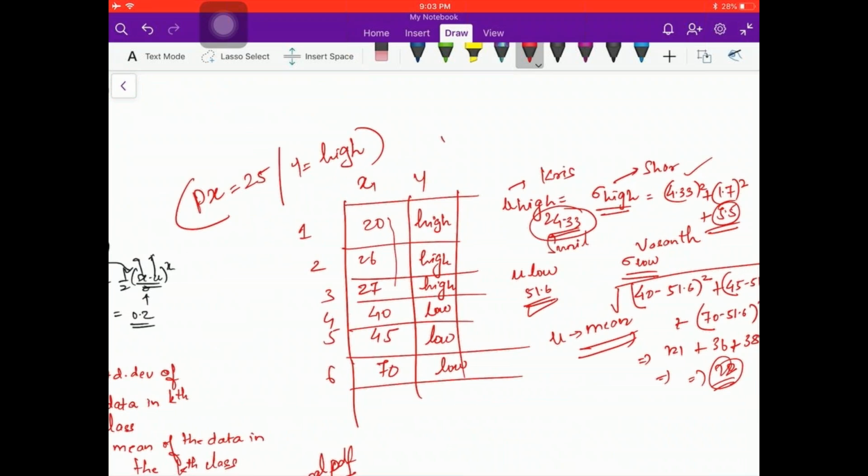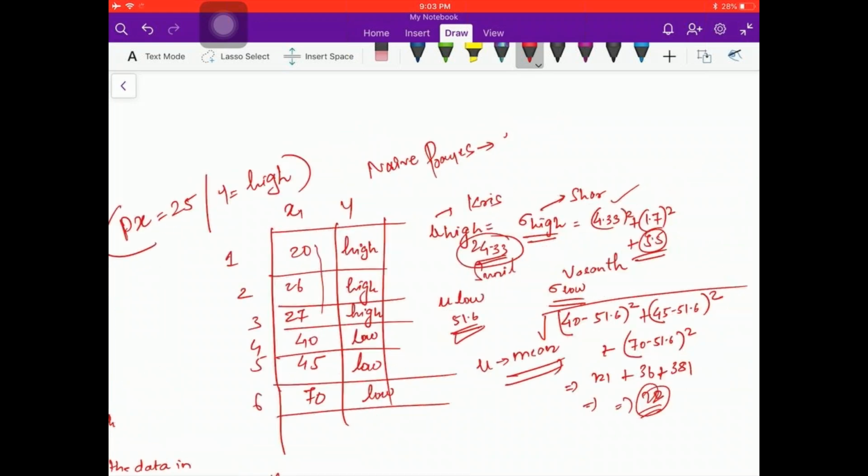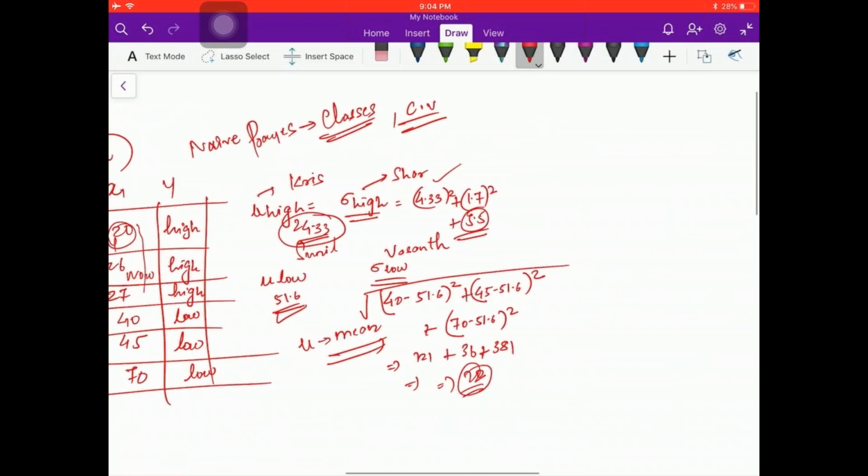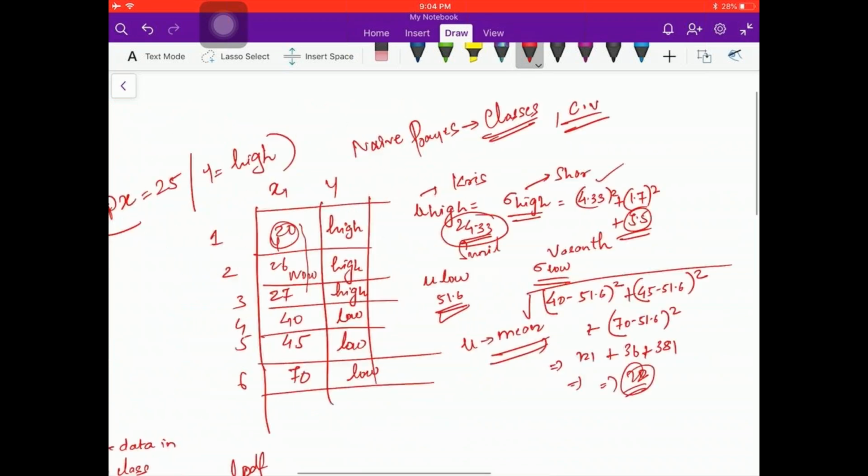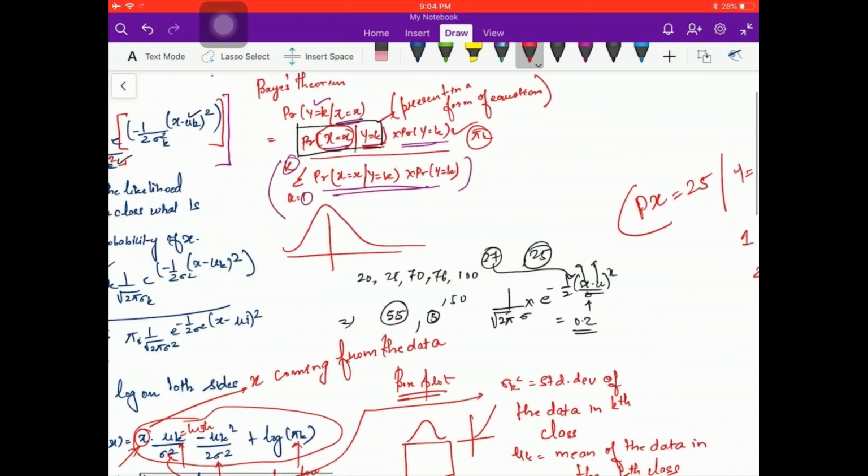No, Sunil, not like that. Naive Bayes, you remember? When there were classes like these, yes, then Sunil is right, when we just see that and calculate. But when these were continuous variables, do you remember we fed the same thing into the probabilities, into the PDF of the normal?